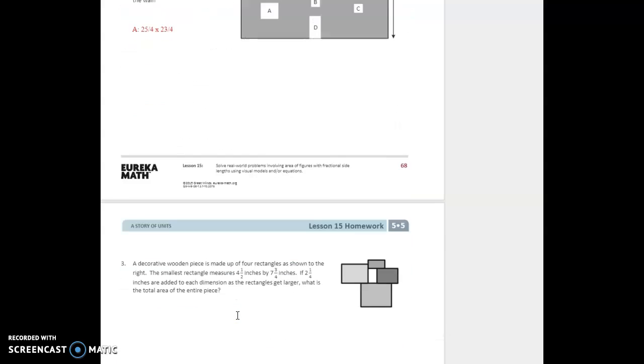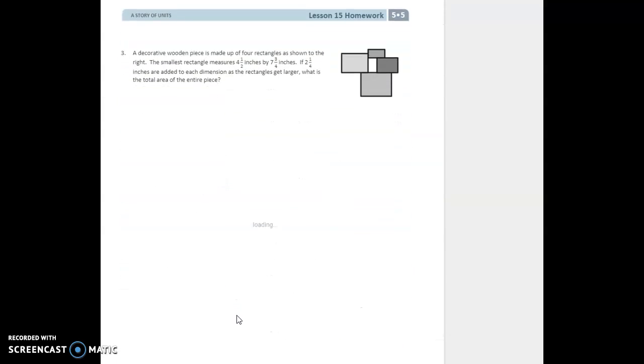Okay, moving on to the last problem, number 3. This one is asking us, a decorative wooden piece is made up of 4 rectangles as shown to the right. So these are the 4 rectangles. It says the smallest rectangle measures 4.5 inches by 7 3/4 inches. As we can see, we know that this is the smallest one, this is the next biggest, then this one,